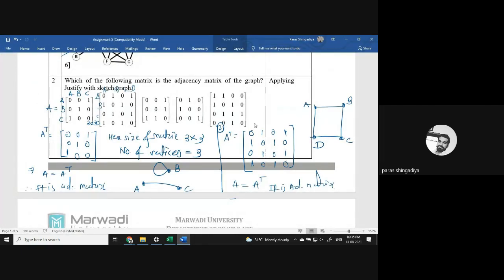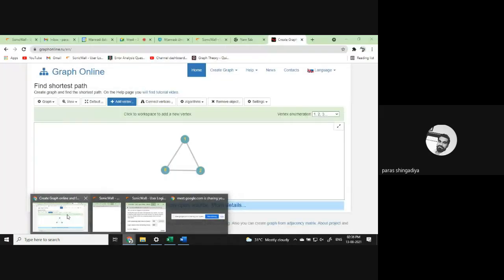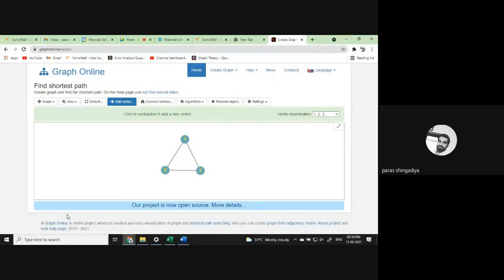Clear? The answer we already checked for the third matrix, the fourth matrix, and the fifth one. Clear? In some cases we can consider the directed graph, the directed and undirected case. Now this edge is an undirected edge. Okay, first graph, second graph, whatever edge is involved between any two vertices, that is an undirected edge. Okay, direction is not fixed between AD and DA. But if you consider any matrix which is not symmetric, which type of graph will you get in that case? Whichever matrix is not symmetric, okay, it follows the directed form.